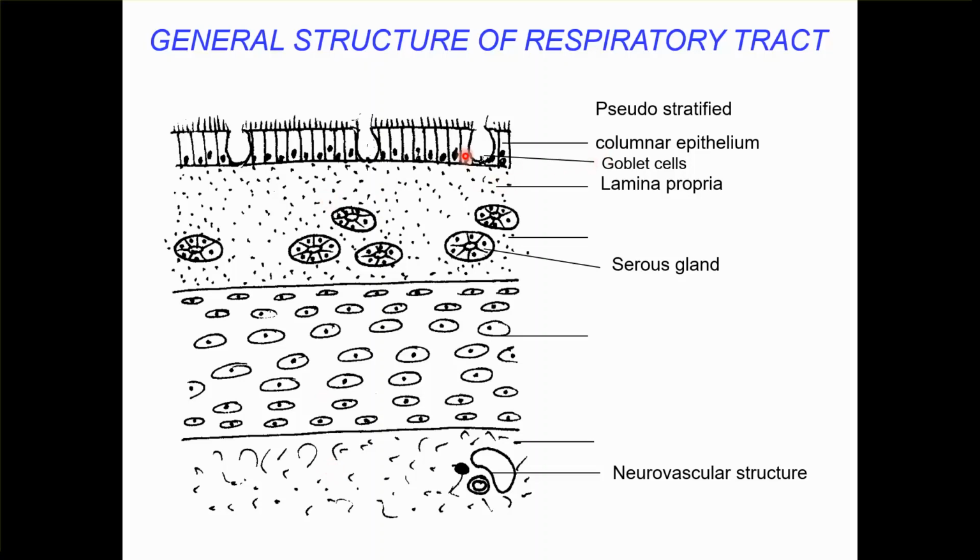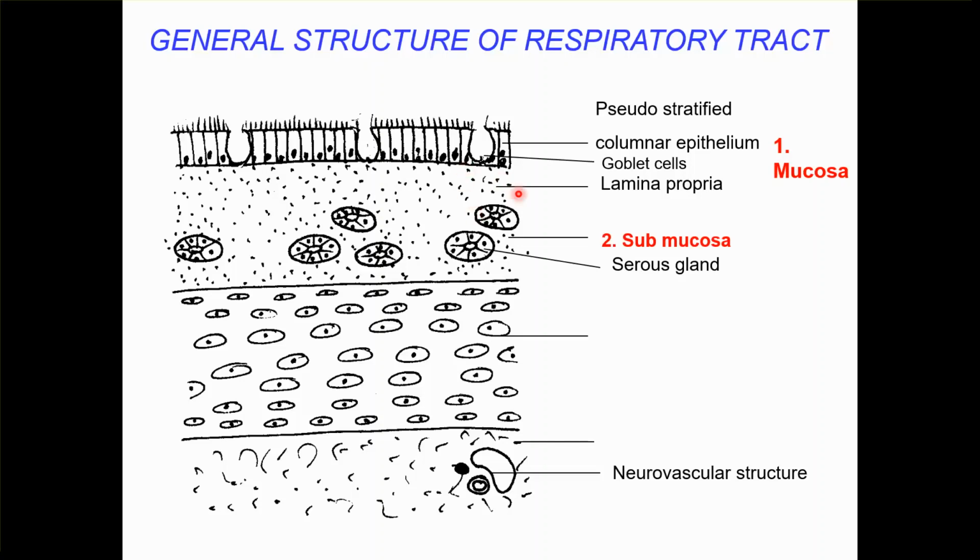The first layer, which is the mucosa, consists of pseudostratified columnar epithelium. You can see that these cells are called pseudostratified because the nuclei lie at different levels. It gives the eye an appearance of multiple layers, and these cells have cilia. There are these empty cells which are called goblet cells present here. Below this layer is the lamina propria. This is the lamina propria over here,